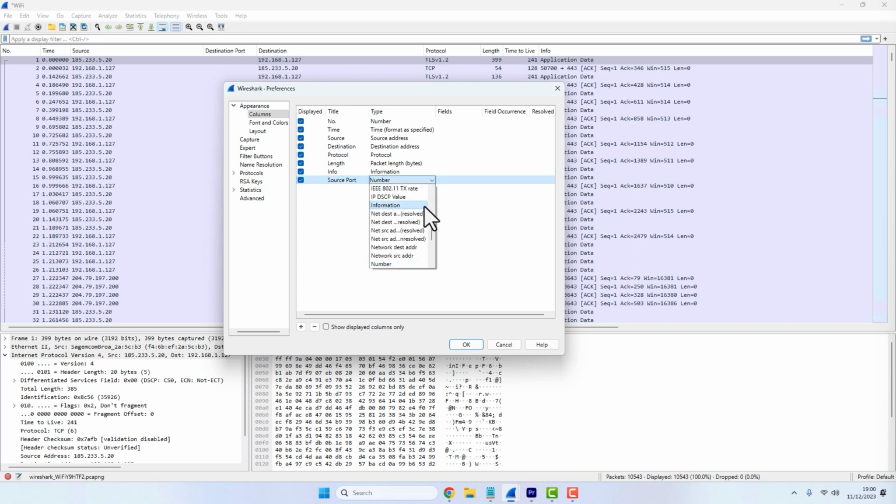For the type of column we're going to use custom. We want to use a display filter, and for the display filter we're going to say udp.srcport or tcp.srcport, and then we're going to add another column, destination port, exactly the same type,